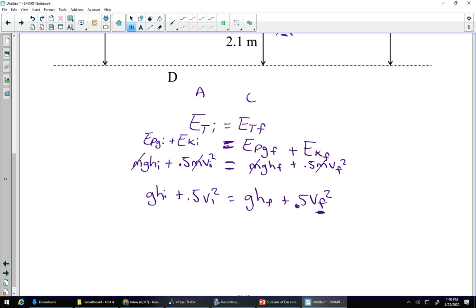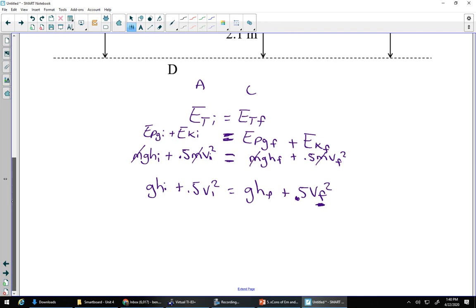I'm clearly going to need to rearrange, and there's two ways that you could look at this. Maybe we'll do both ways actually. Why not? So the first way that a lot of people are going to choose is they're going to plug numbers in here. They're going to simplify as much as they possibly can, and then they're going to solve. So let's have a look at this. G is 9.81 times my initial height. I've got to scroll back up and have a look. 8.6 meters. So 8.6. And then I'm going to add to that 0.5